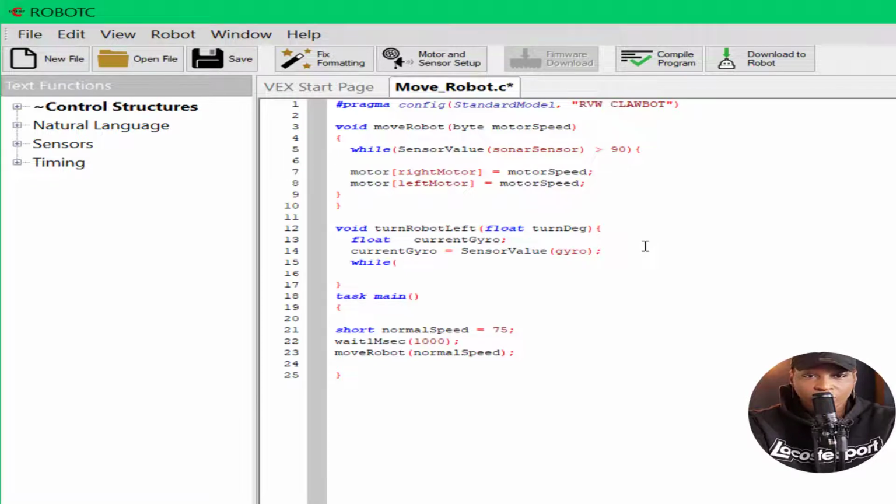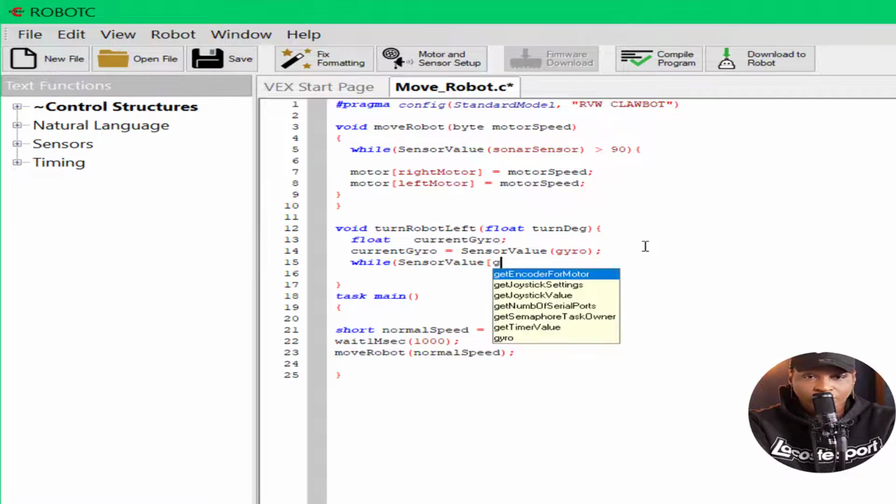And we are going to do the same thing as we did at line number 5. So we want to call our sensor value function, and this time we are going to use the gyro,